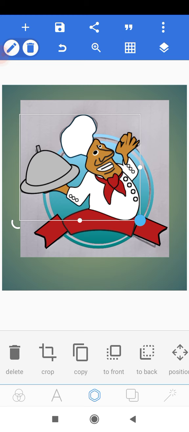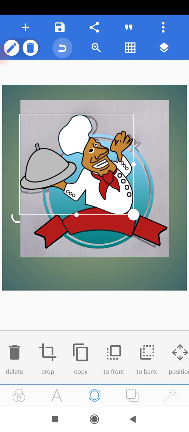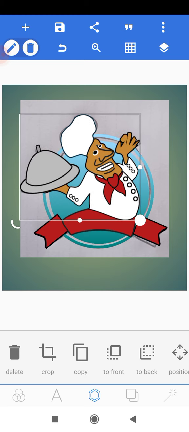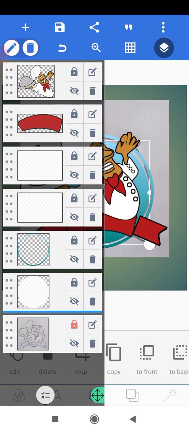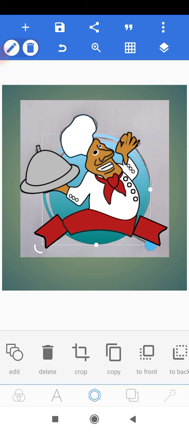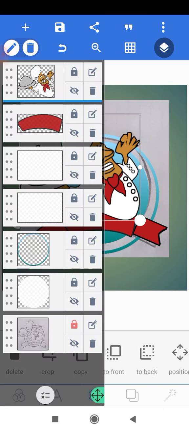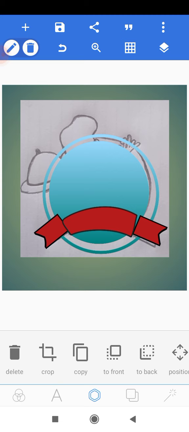Now that I have them merged, I can scale it down and I can increase the size. So I'll select my circle here, and then I can scale it up a bit. I can select this as well. So let me just hide this for now. I'll just select this,